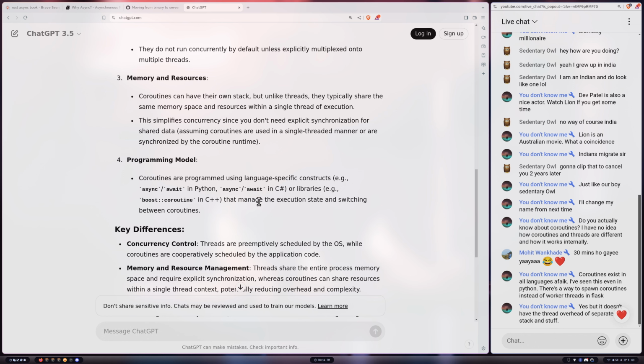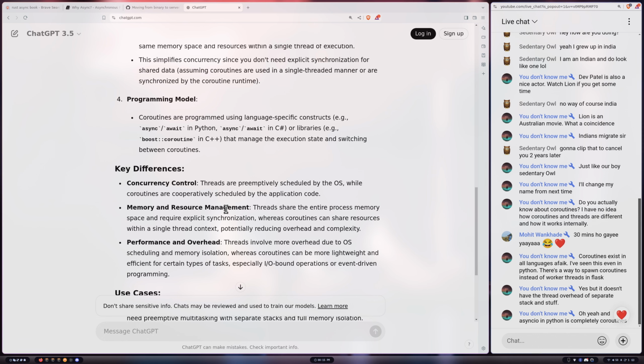Async IO in Python is completely coroutines. Because there's no true multi-threading in Python, right? Until at least the GIL is removed. So it makes sense for them to have a single threaded manner, which I think is very close to what coroutines are, right? Except the fact that threads are preemptively scheduled by the OS, while coroutines are cooperatively scheduled by the